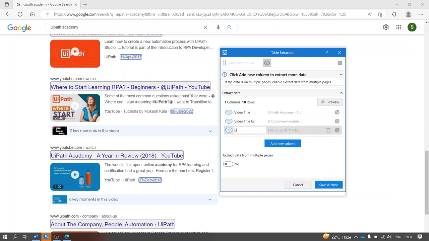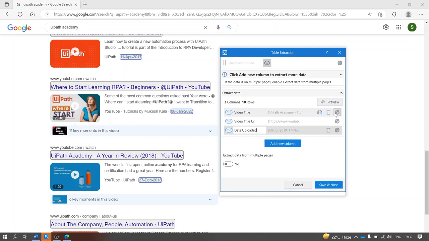A new column will be added beneath the other two columns. Now we've got all of the data we wanted. The Table Extraction Wizard is a powerful tool that allows us to easily edit the data we've extracted. We can access the Column Setting option, represented by a cogwheel next to each column. This way, we can make individual edits or deletions, giving us the ability to customize our final table to fit